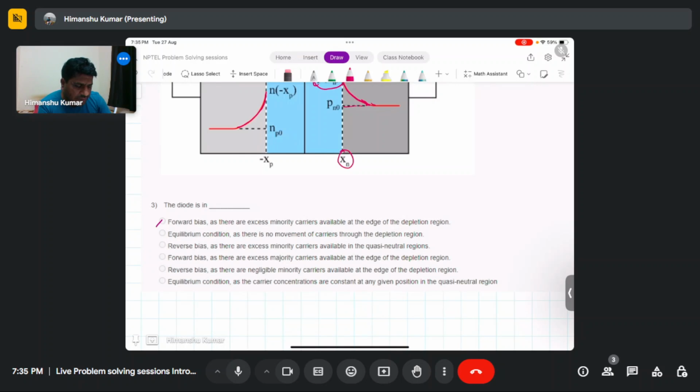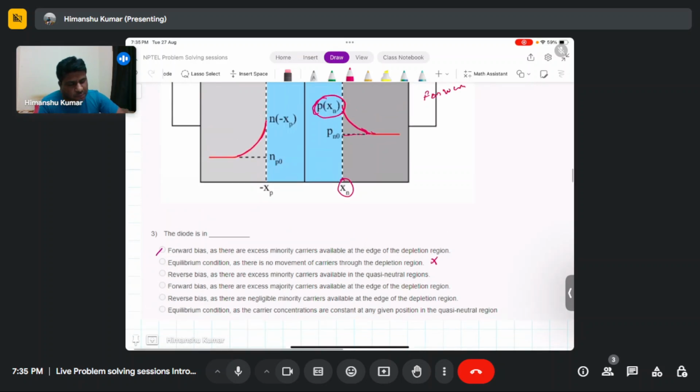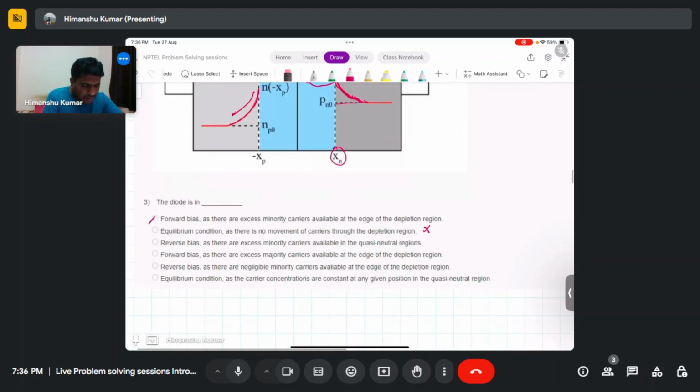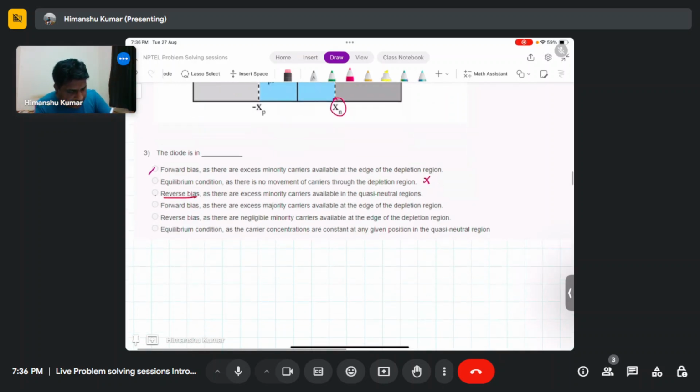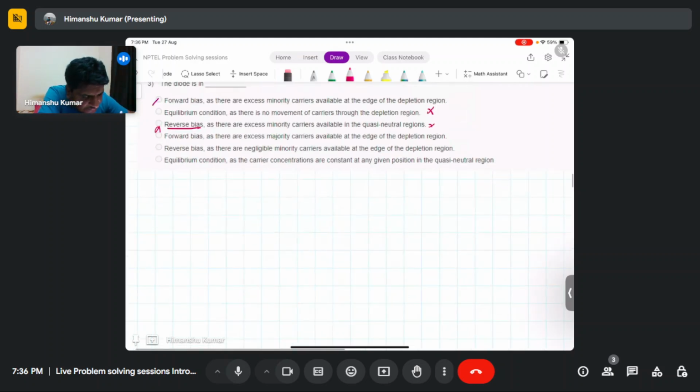Equilibrium condition, as there is no movement. This is wrong because this profile gradient is there. There should be a diffusion of these injected minority carriers, similarly diffusion here, and corresponding drift of majority charge carriers will be there. The other option is reverse bias. This is wrong, as there are excess minority carriers available in the quasi-neutral region, so this is a wrong explanation. Forward bias as the excess majority carriers are available at the edge of the depletion region. There are always excess majority carriers at the edge of the depletion region, so this is also the